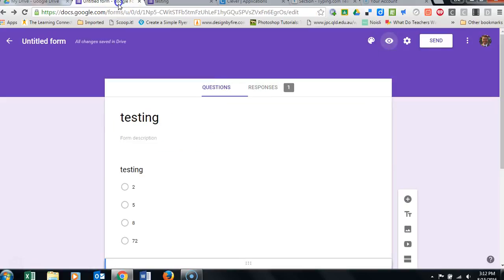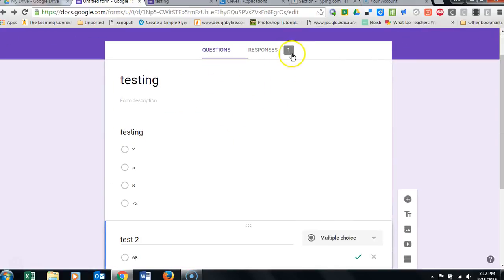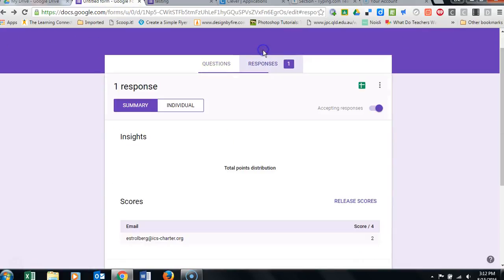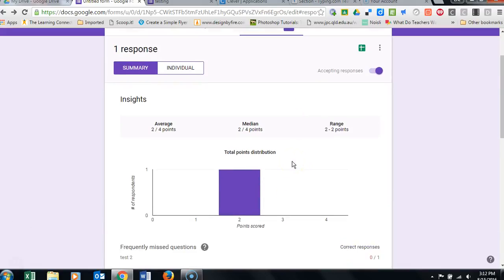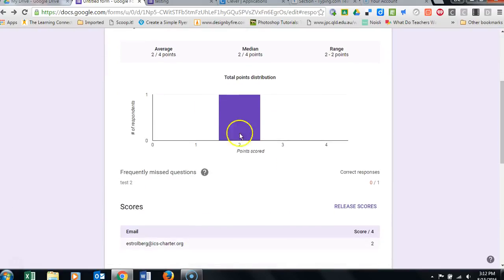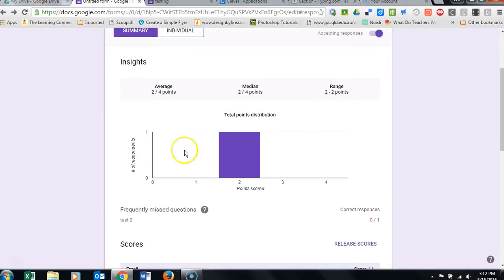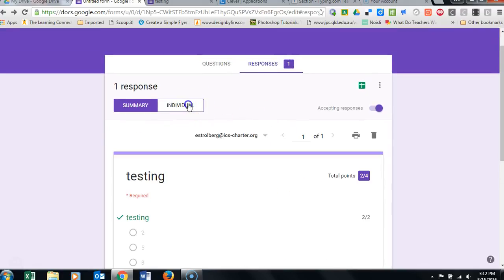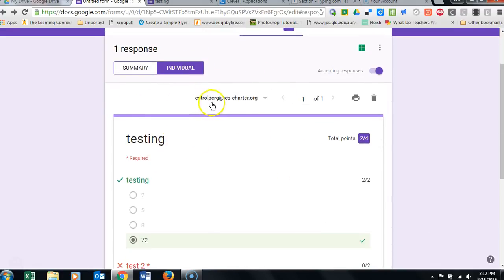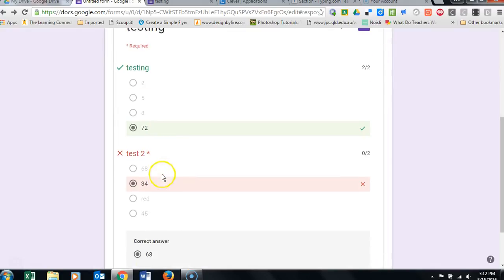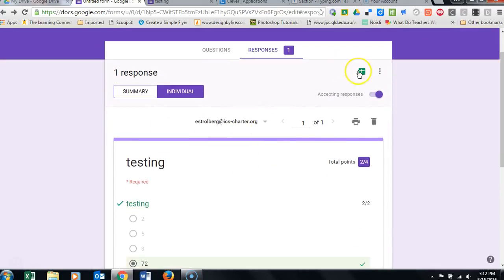I'll go back to the form, and you can see now I have one response. Click on responses. This is no different than a regular form, but now you can see you have a summary of each question, and you obviously have more results with more people, and you can check each individual person based on their email address and the score they received. At this point, you can